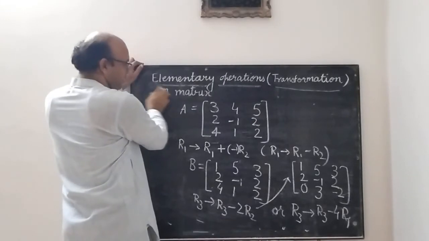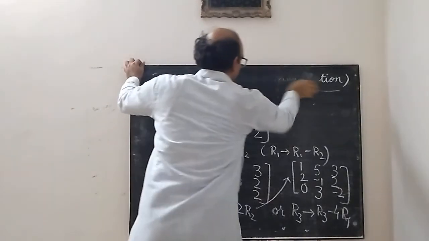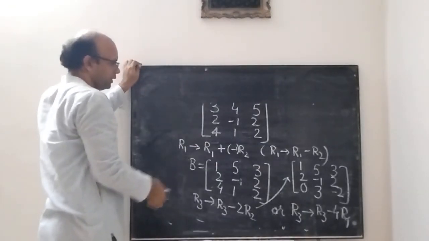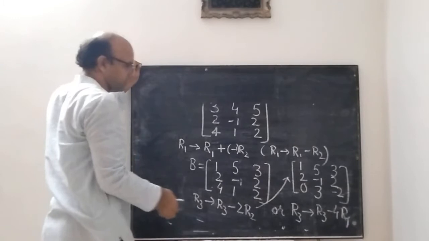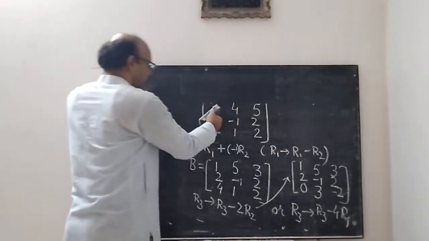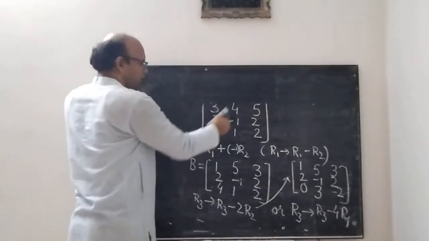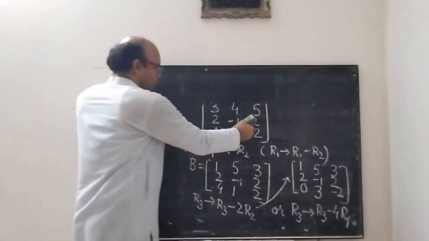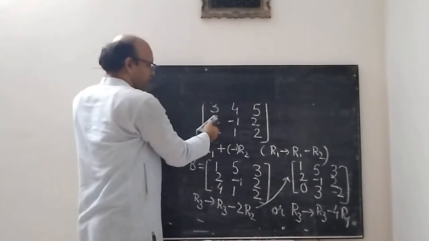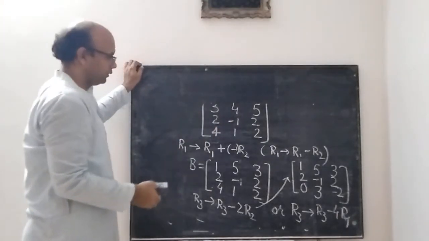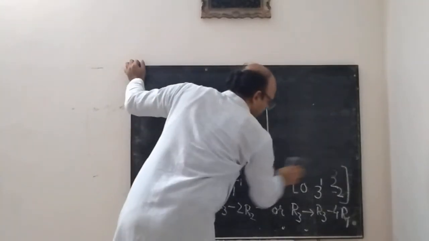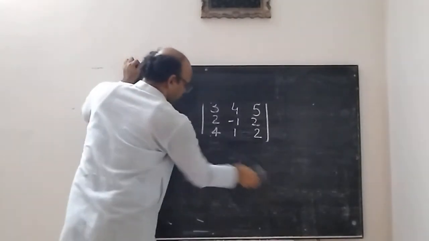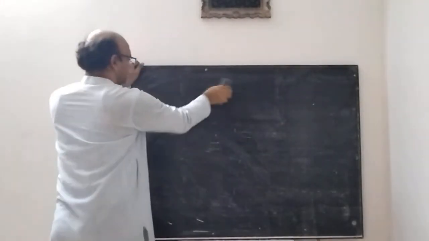So these are basically the things for the elementary operations. And similarly, you can check out the column operations. You can do the column operations in a similar manner. You can have this becoming 1, you can say C2 minus C1, and similarly, if you want to make this 0, you can have C3 minus C1. So many options are available. Depending upon the need, we apply the row operations or the column operations.